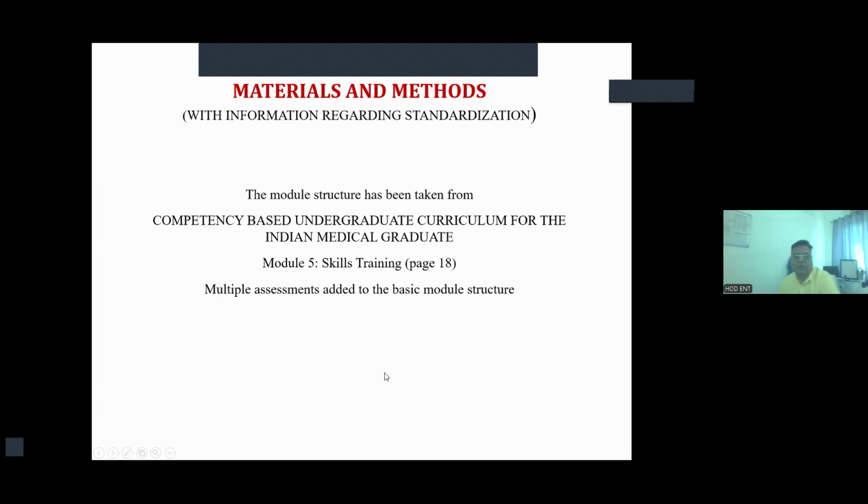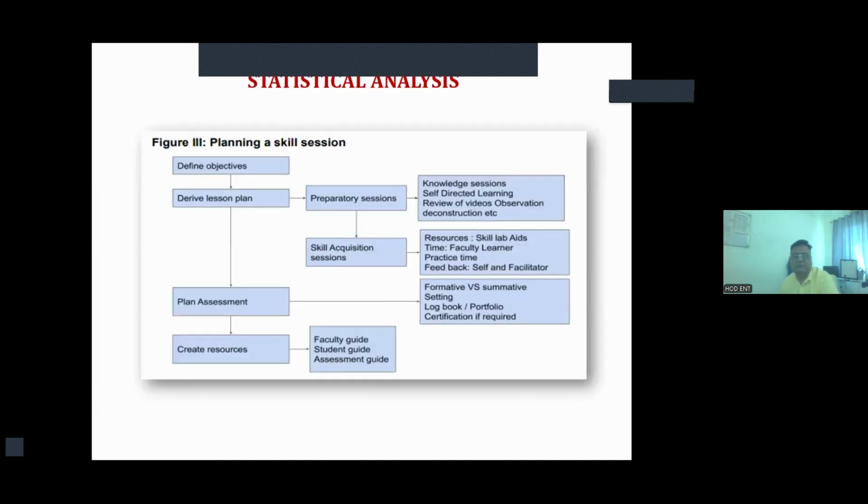Material and method: the basic module structure has been taken from the Competency-Based Undergraduate Curriculum for the Indian Medical Graduate, Module 5, skill training module, that is page number 18. Multiple assessments were added to the basic structure in the form of formative assessment only, and the summative assessment was not disturbed. This is the structure of the NMC module: defined objective, derived sessions, planned assessment, and created resources. In the derived sessions: preparatory sessions, theoretical, practical, and video demonstration, followed by hands-on sessions, followed by